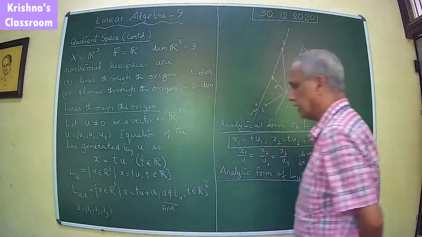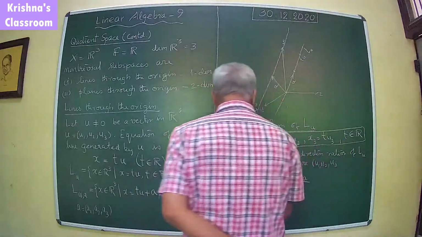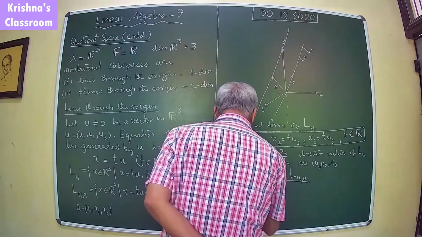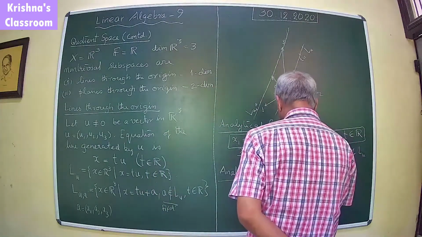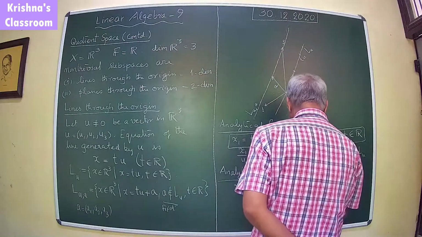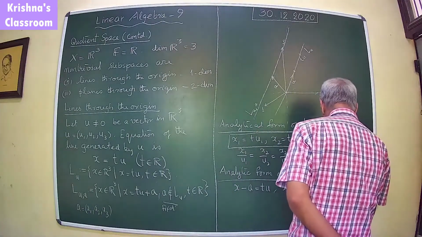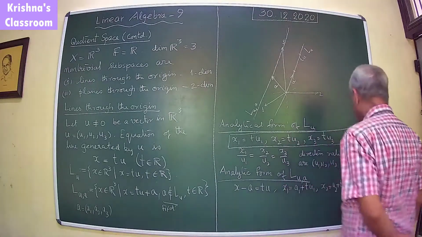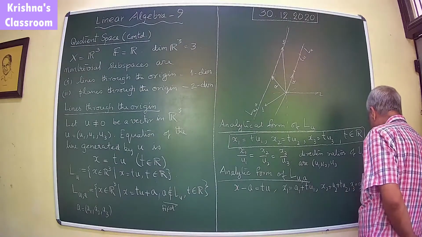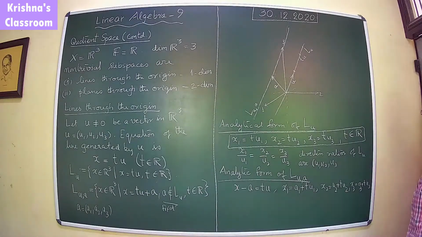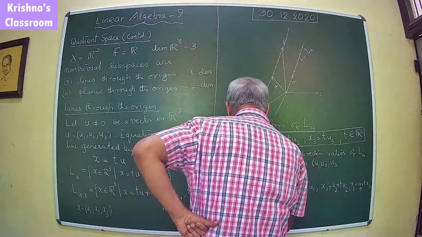This is, of course, you see that x is equal to tu plus a, or the vector form is x minus a equal to tu, or you can write this as x1 equal to a1 plus t u1, x2 equal to a2 plus t u2, and x3 equal to a3 plus t u3, or in the standard form in which you often write it as x1 minus a1 by u1,